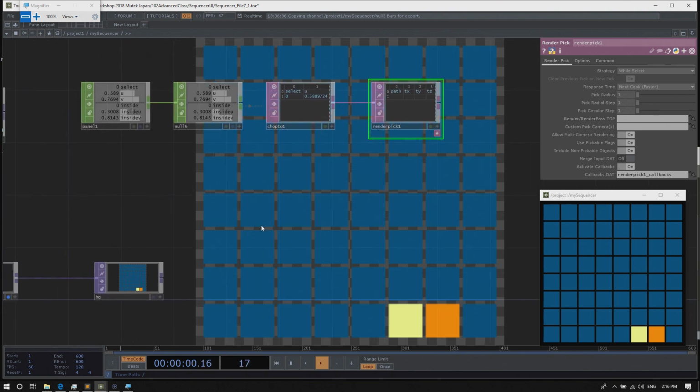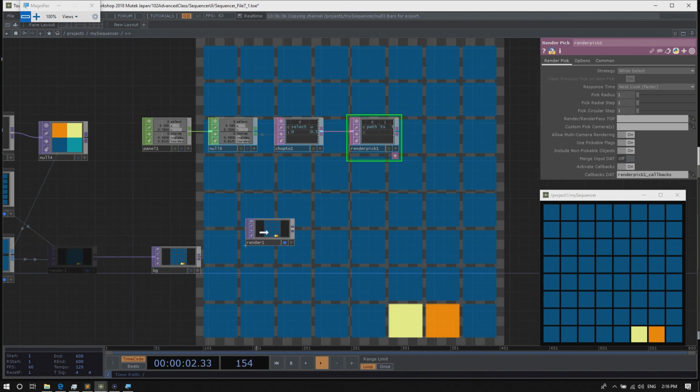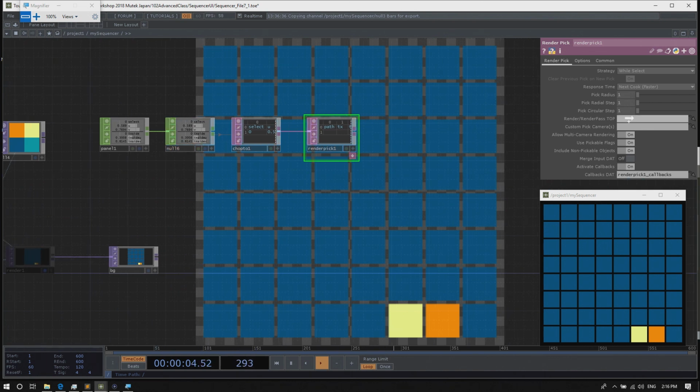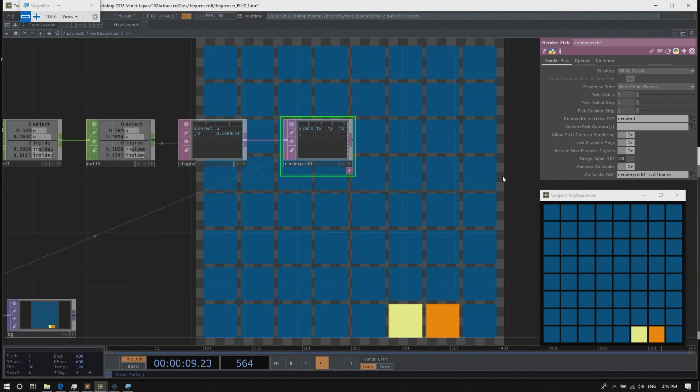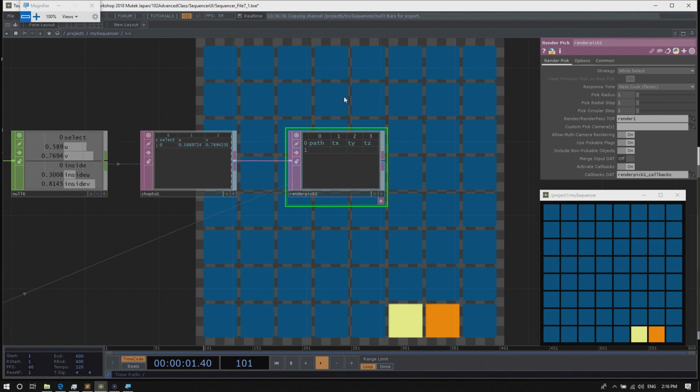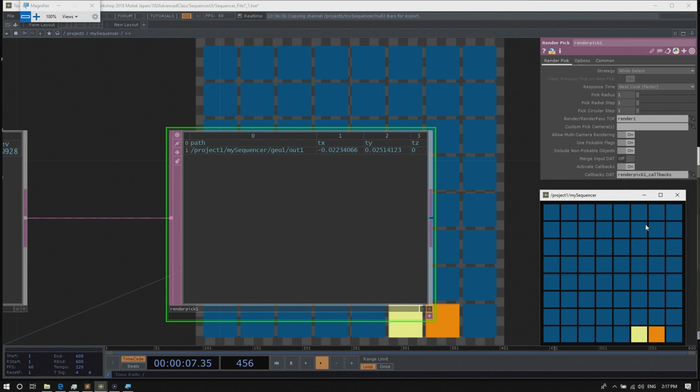So let's drag the render TOP onto the render parameter.